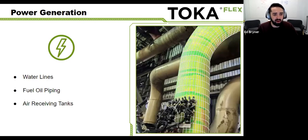And finally, inside of the power generation industry, we've already deployed on several water lines, fuel oil piping, and air receiver tanks as well. Various asset classes that this TOKA Flex has already been on, validated and verified through our field engineering team and field deployed team, to ultimately make sure that we were innovating and integrating into the environments that this system will